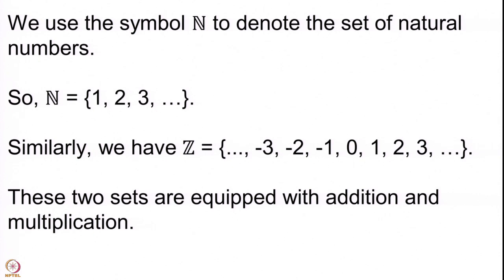So, what it means is the following: these two sets N and Z are equipped with addition and multiplication. One nice thing about Z is that you can subtract. If I wanted to subtract 3 from 2, I will get minus 1, which is yet another element in Z. Can we do that for N? That is something that would be the most natural question that we would have.